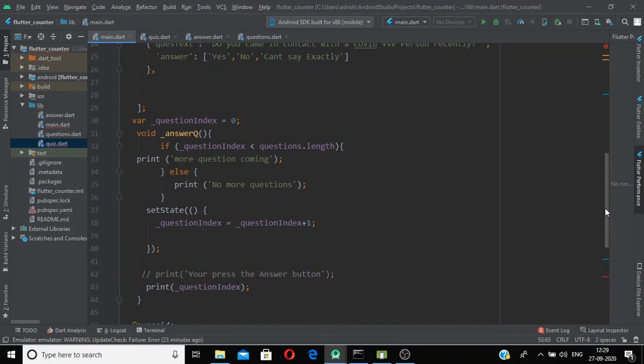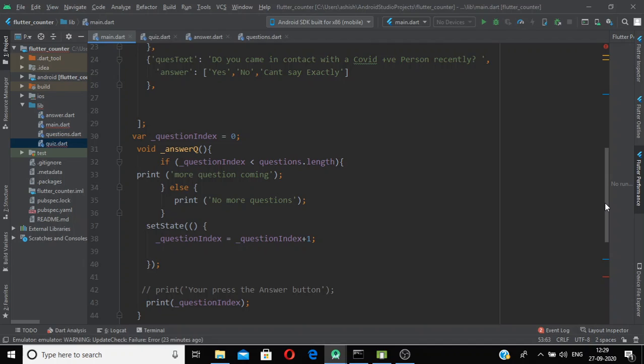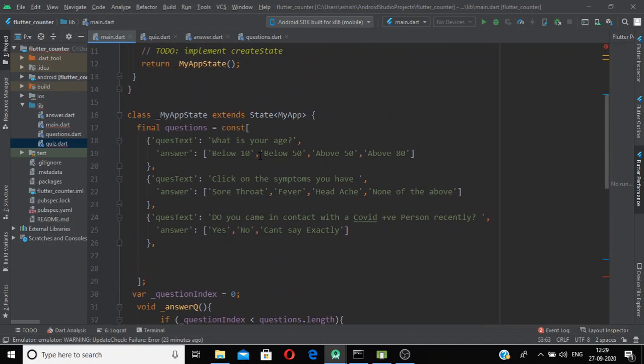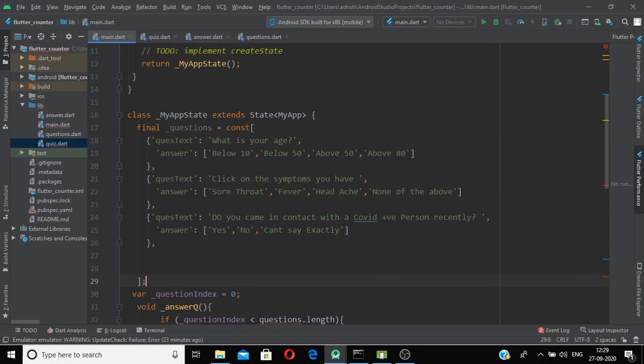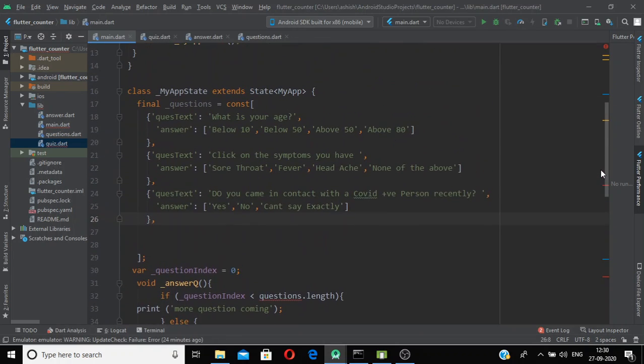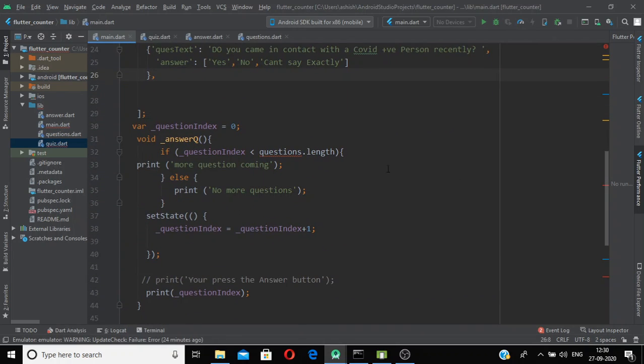So before doing this, since we are using it here and we are not changing its value, just add an underscore here so as to convert it to a private property of this class, and change it everywhere we are using it.